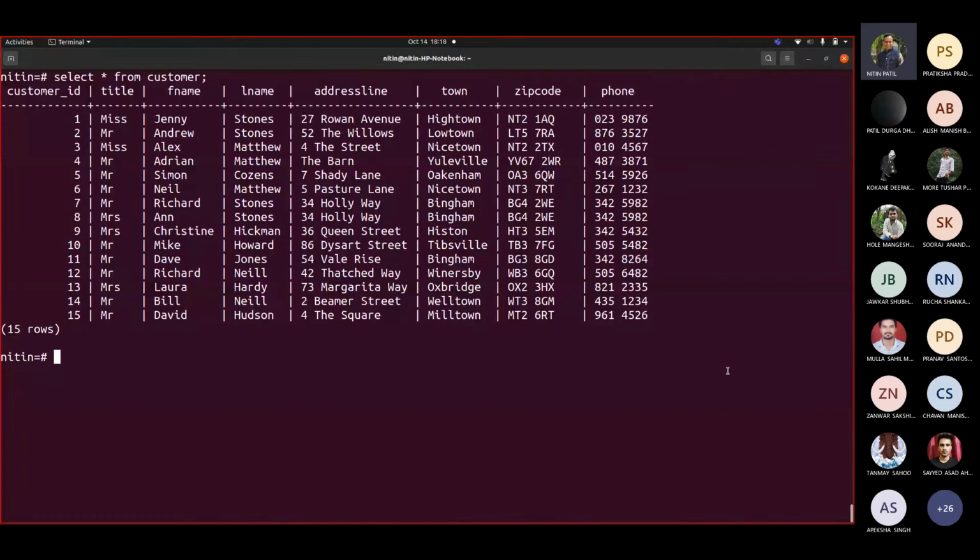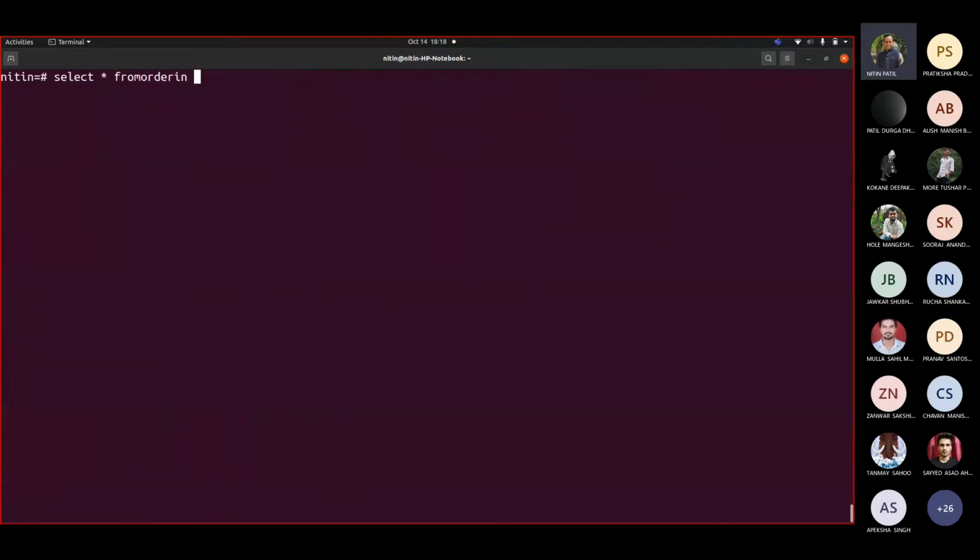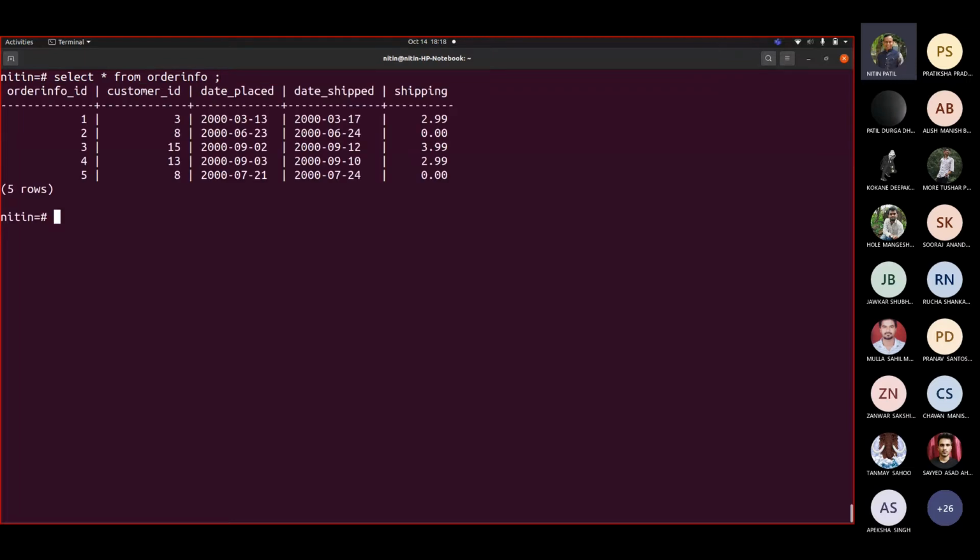Now this is a record that is added for the customer table. Let me type another table called item. Let me type another table, order info. If I write select star from order info, then I should be able to see records for that order info table.